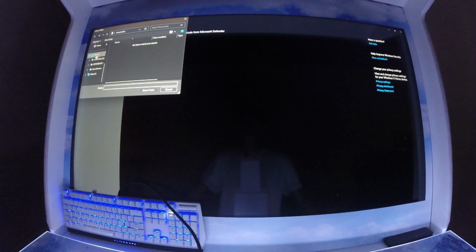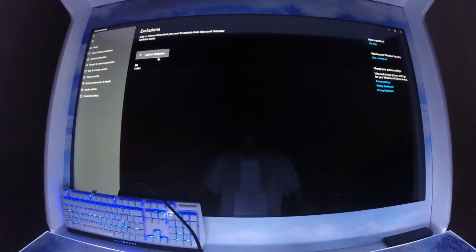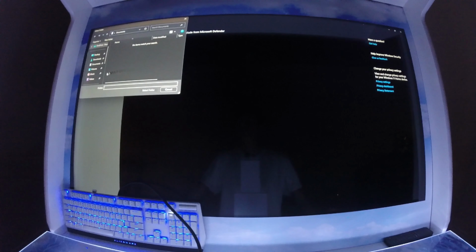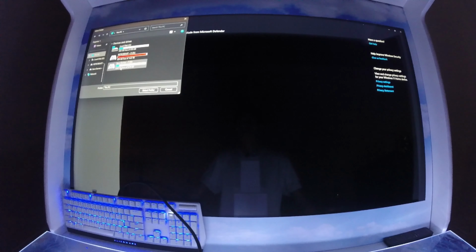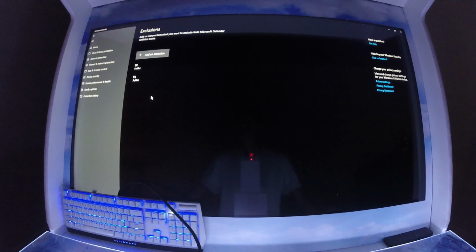click on this PC, look for your Retrobeast drives. You have to do this for every single one, so add every Beast drive that you have. Select folder, add exclusion, folder, this PC. Okay, so once that's done,